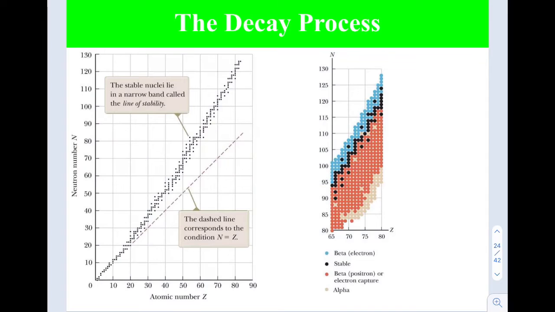Okay, the decay process. If we recall the graph of the number of neutrons versus atomic number Z, the line of stability for the nuclei, right? We have a dashed line here where N is equal to Z. As we know, starting from an atomic number Z of 20, the stable nuclei deviate slightly